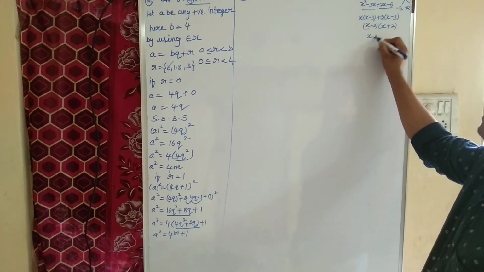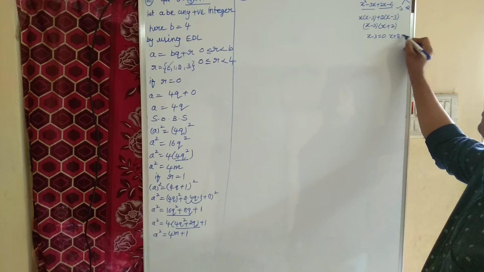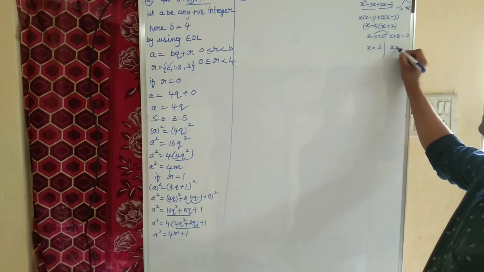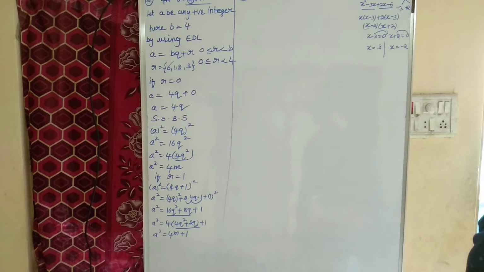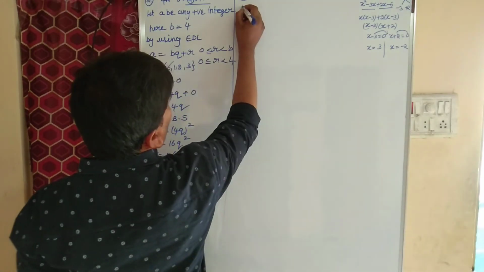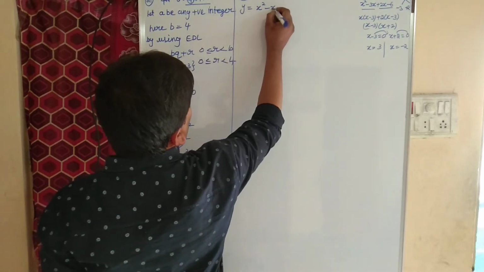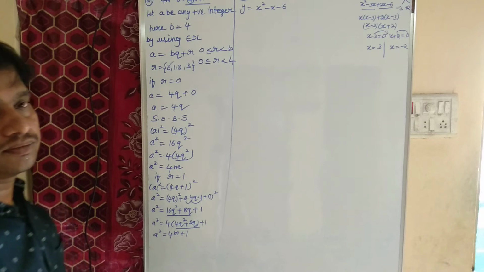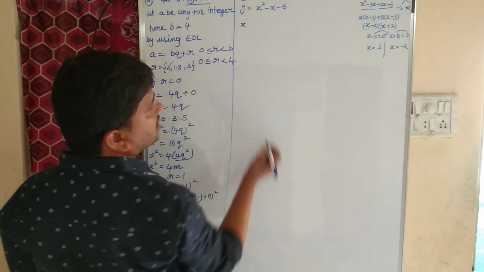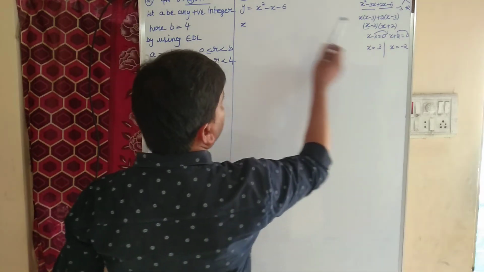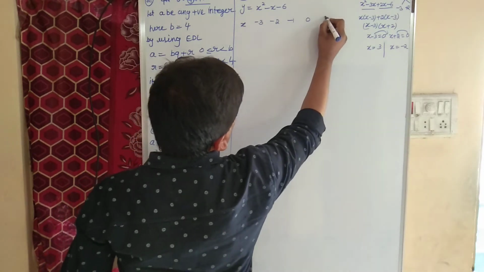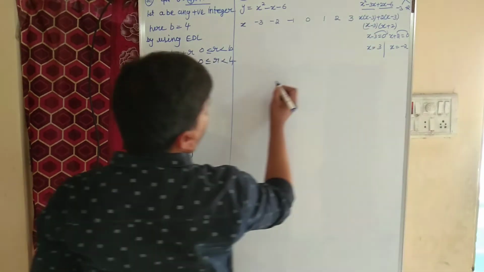So one zero is x minus 3 equal to 0, and the second zero is x plus 2 equal to 0. Minus 3 you transpose plus 3, plus 2 you transpose minus 2. So the two zeros are 3 and minus 2. We need to consider the given polynomial as y equals x square minus x minus 6. Okay children, so first let us take the values of x between minus 3 and 3: minus 3, minus 2, minus 1, 0, 1, 2, 3.